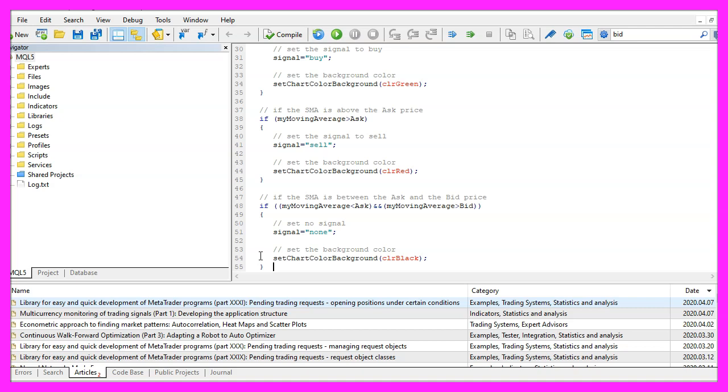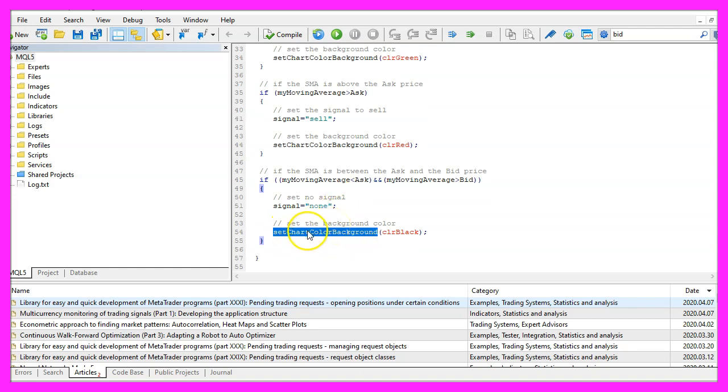Let's add a third condition. If the value for the moving average is below the ask price and above the bid price, that would mean that we have no signal, so we set the value for our signal to none. And in that case we would like to call the custom function and set the background to black.